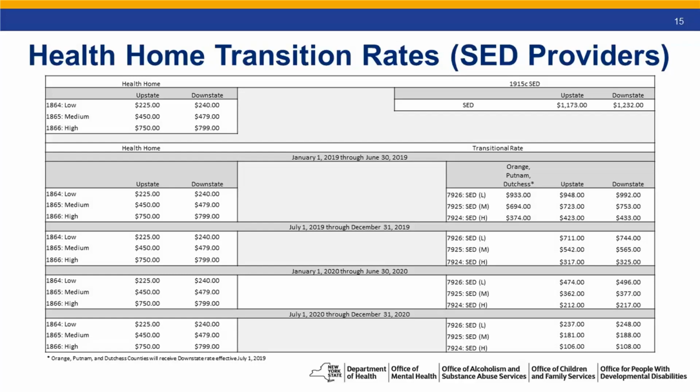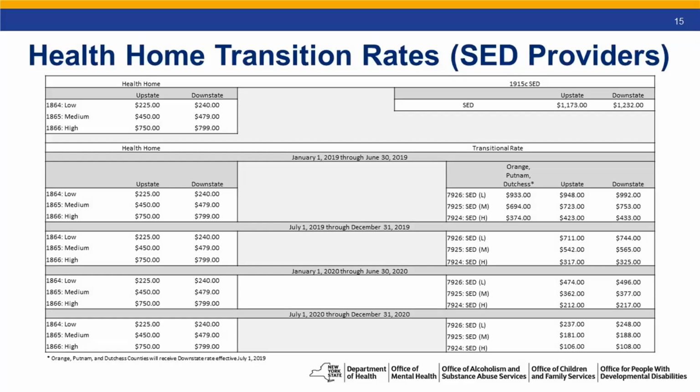So if you're transitioning from a higher number down to a lower number, it would stand to reason that you only need a smaller amount in your transition. If you are transitioning from 1173 down to 225, that's a difference of $933. So in the first phase, you need to get $933 to make you whole, and then you would transition